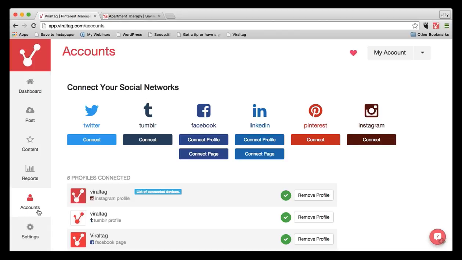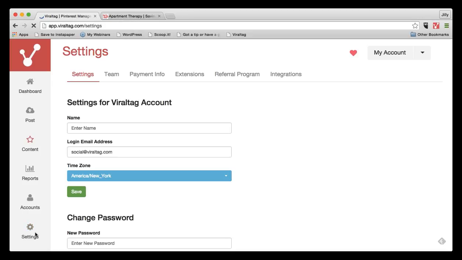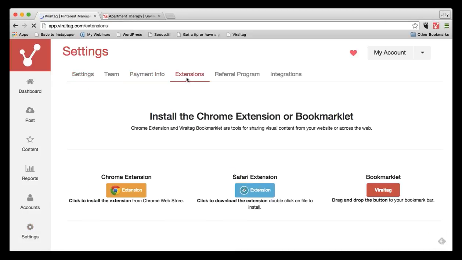One of the most popular ways, of course, that people use Viraltag is our browser extension or toolbar button. If you're comfortable with Pinterest, it's like the Pin It button. You can go to any website, grab any of the photos from that website, and schedule it through Viraltag. To download the browser extension, just go to Settings here on the left-hand side, Extensions, and here you